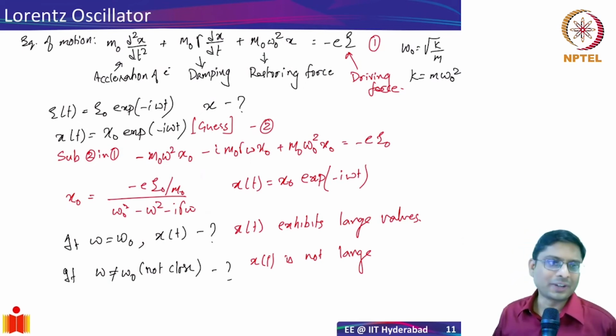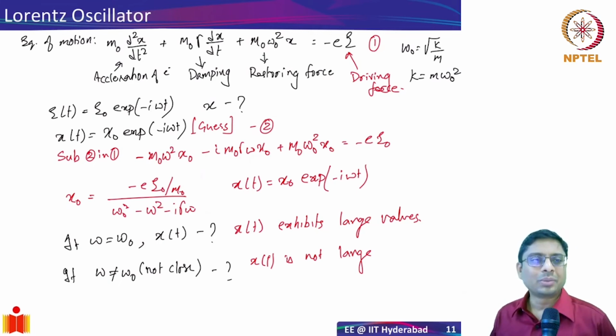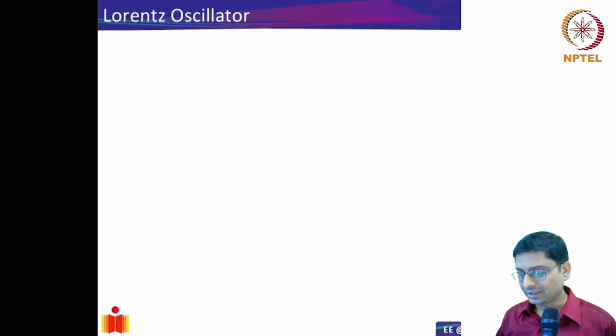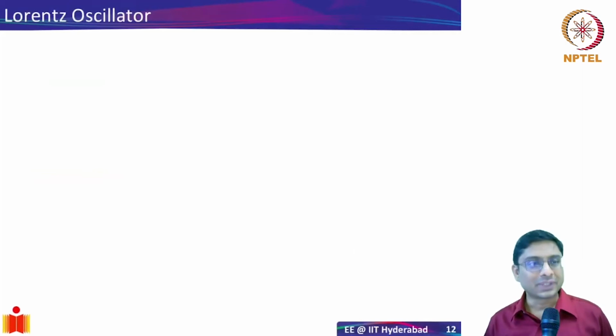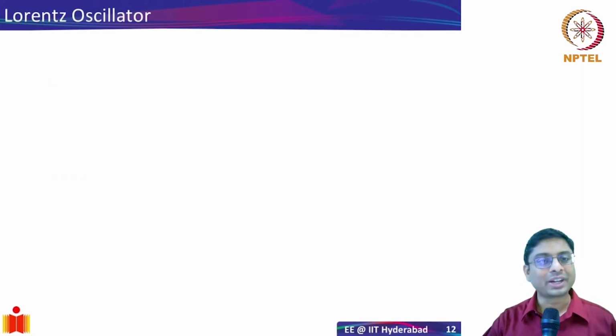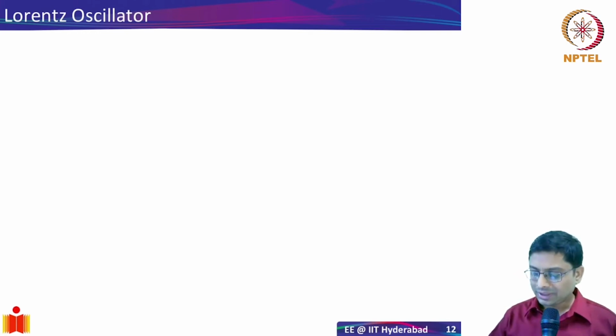So what if I have a position? I know where the electron is, but does it serve anything for us? We have to relate it to the epsilon. That's what finally we are trying to do, right? We are trying to derive a model for how an electron moves in a solid. How do we relate it to the microscopic properties? The way we do that is, if you look at a system, we can define polarization,